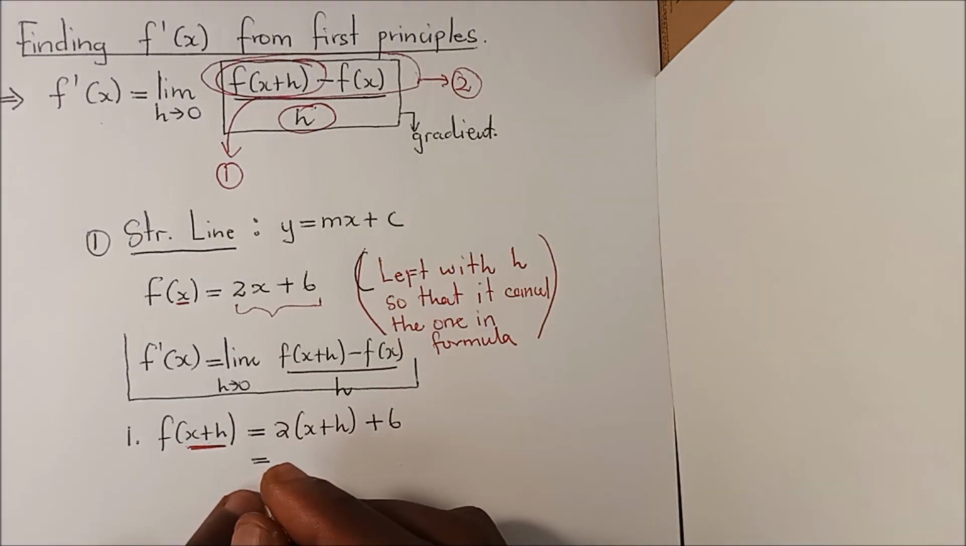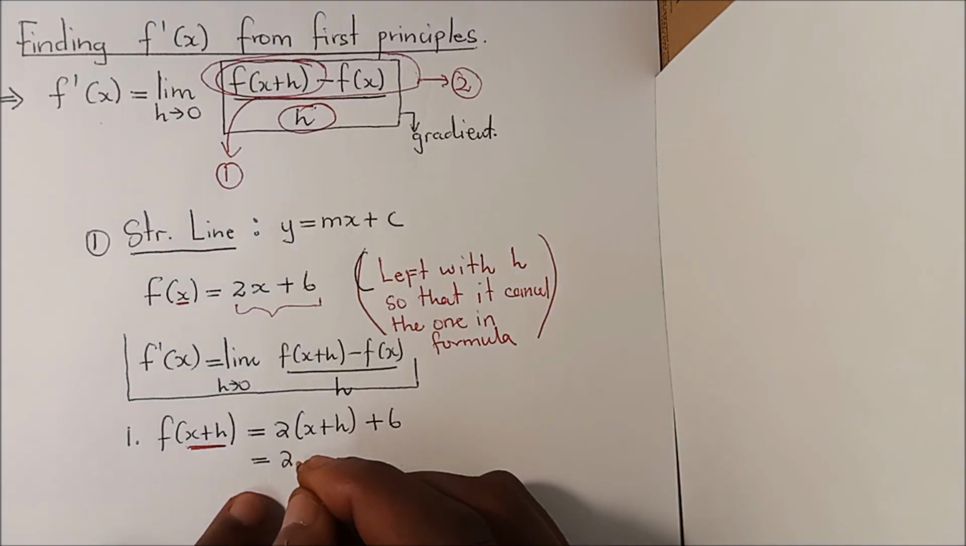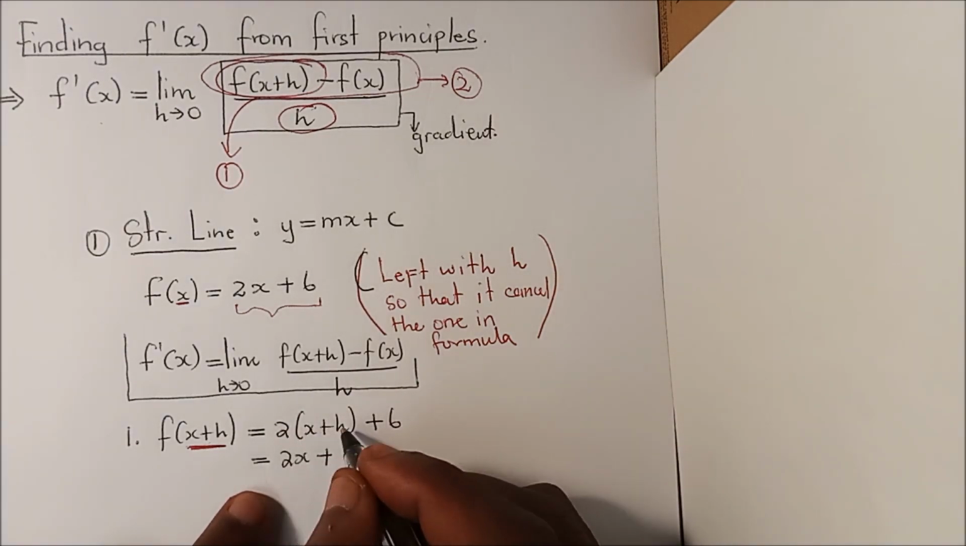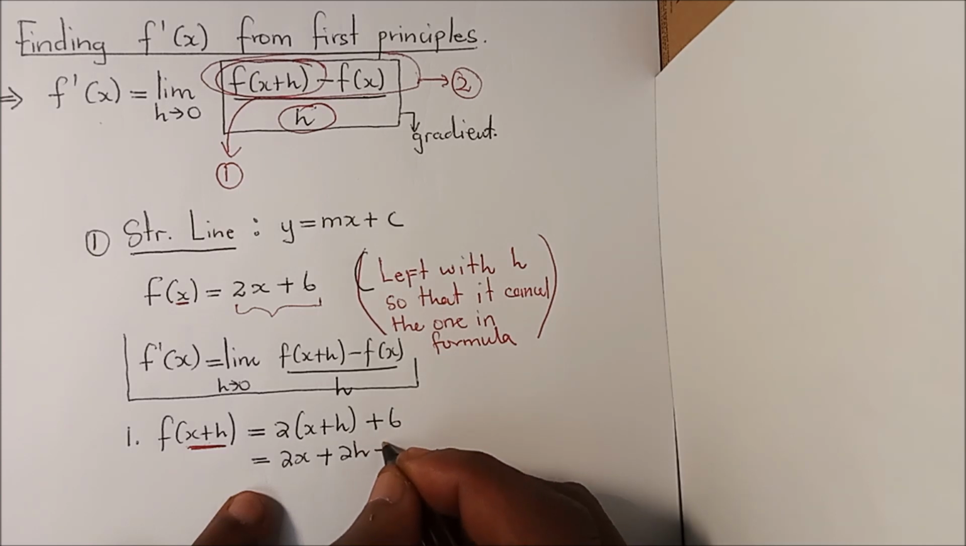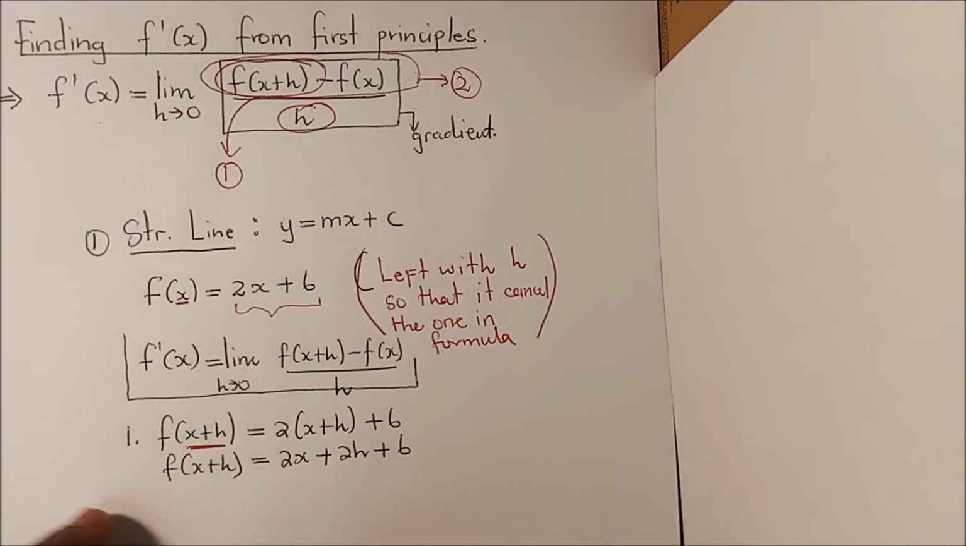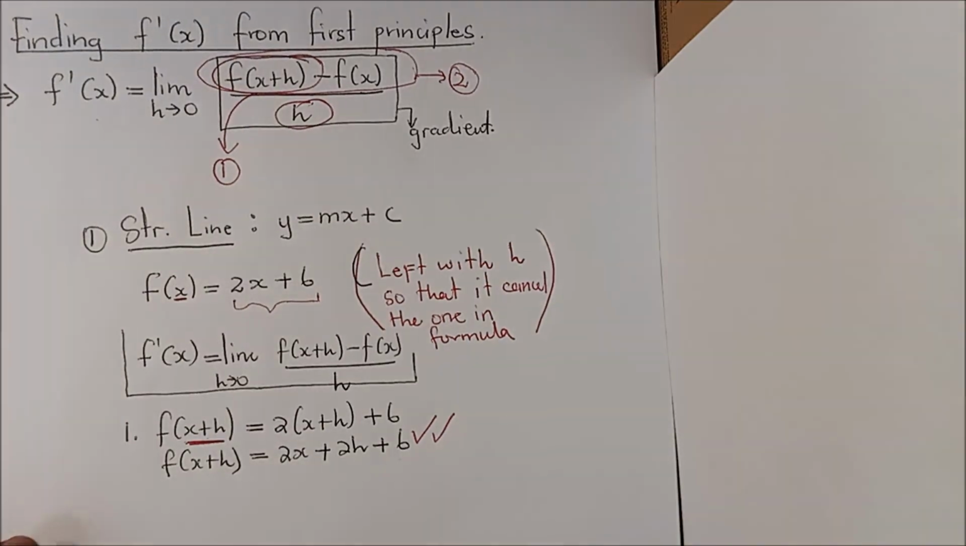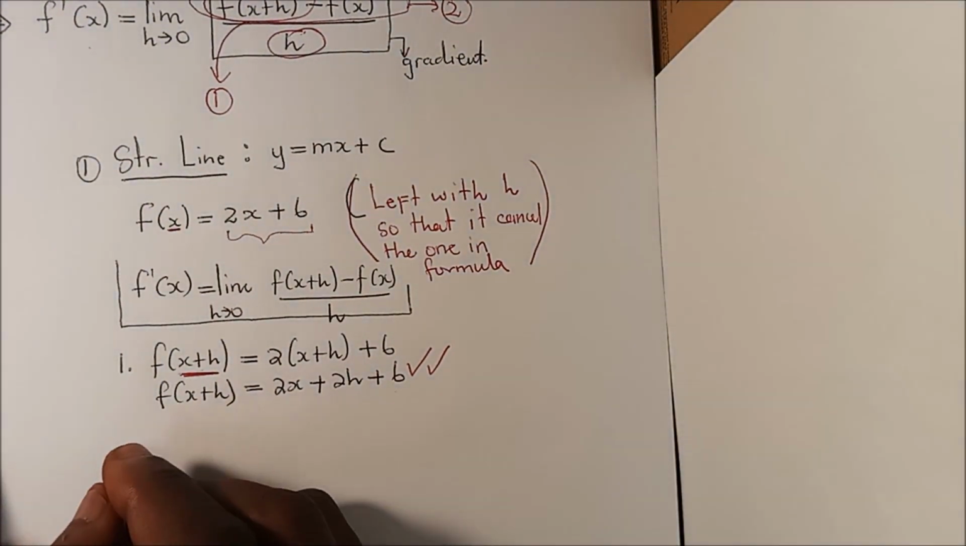So now by distributive law, we will have 2 times x, that's 2x, plus 2 times h, that's 2h, plus 6. So this is our f of x plus h. So now this is our first step. That's where you will get marks. So now the second step,